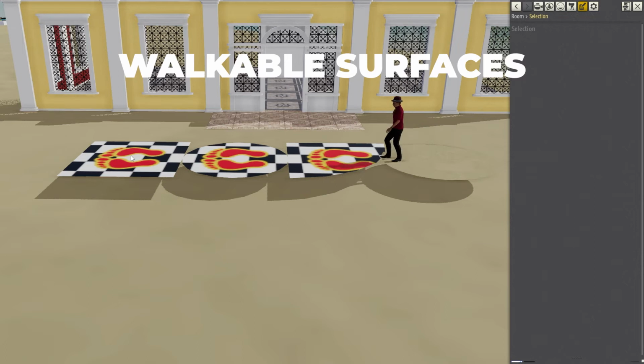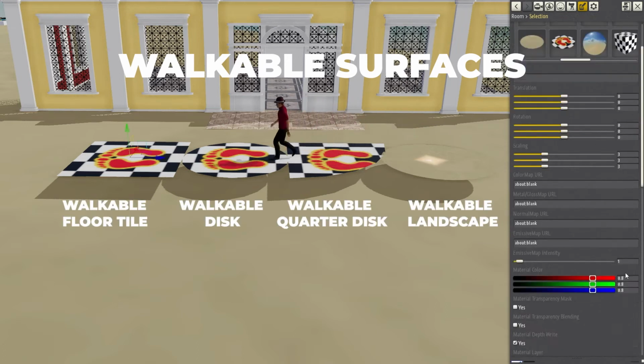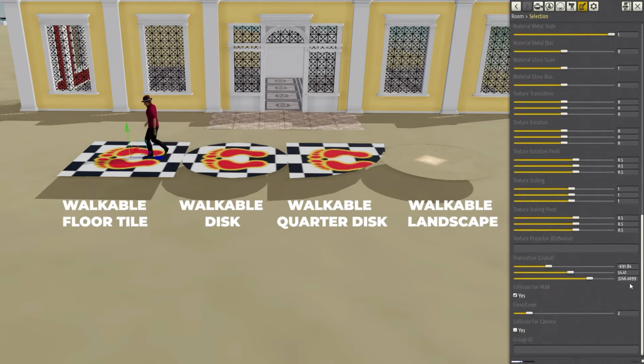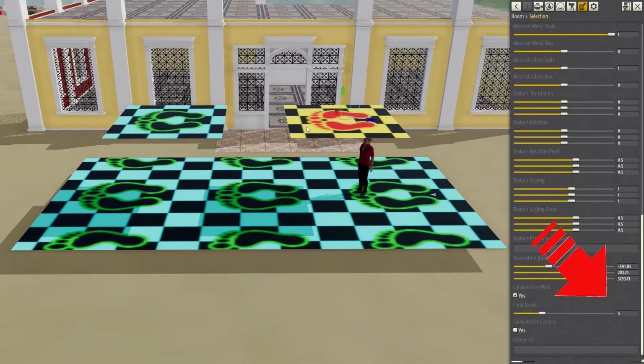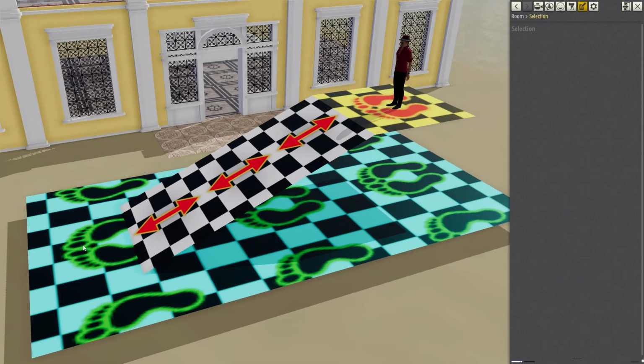In ChatHouse, avatars can walk only on specific tiles, marked with the feet icon. For these to work properly, you need to activate collision, and set the appropriate level. When you place walkable surfaces on top of each other, the avatar will snap on the highest surface. Different floors work independently only when a different floor level number is assigned to them. Floors on different levels can be connected using a walkable floor change tile.